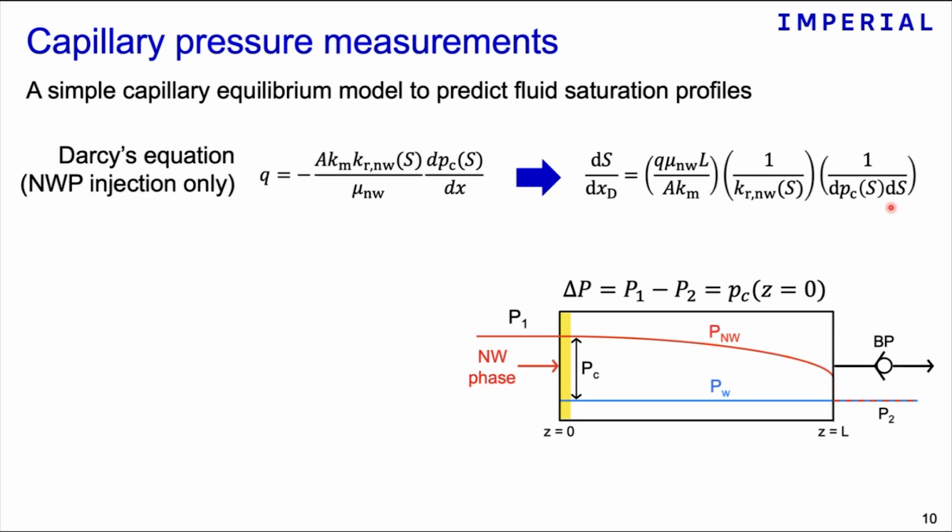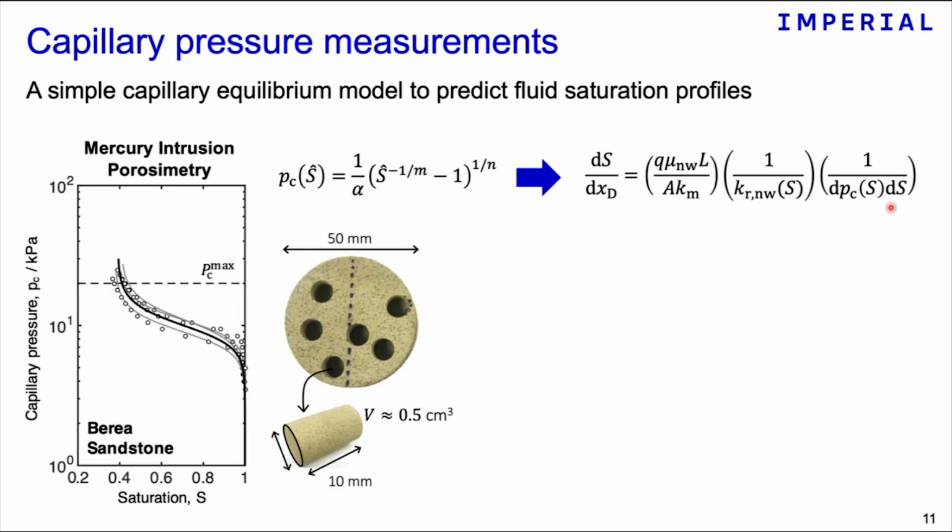And so the way you apply it is that you can obtain information about the capillary pressure curve of your rock independently through, for instance, a technique like mercury intrusion porosimetry, right? You can perform measurements on small pieces of the sample of interest. You can obtain a functional form of the capillary pressure curve. In this case, we use the Van Genuchten formulation, and you have all the information to solve this equation.